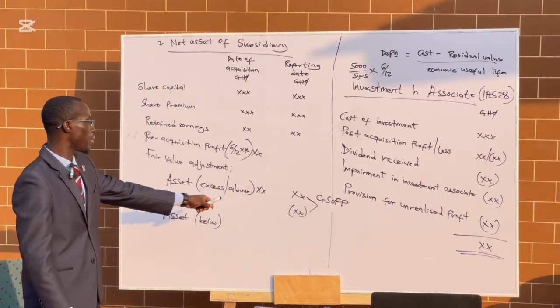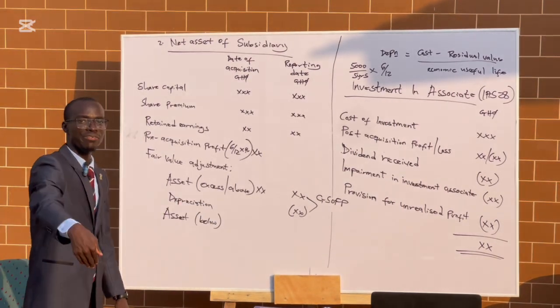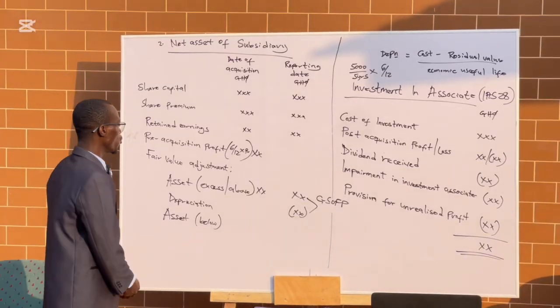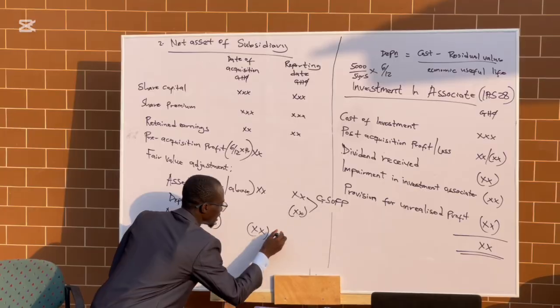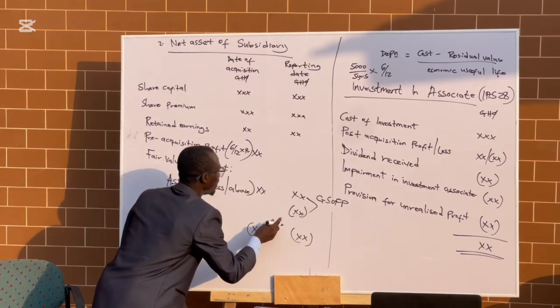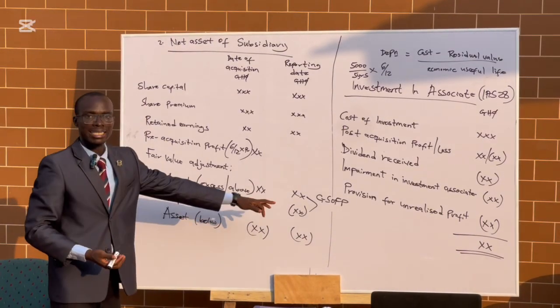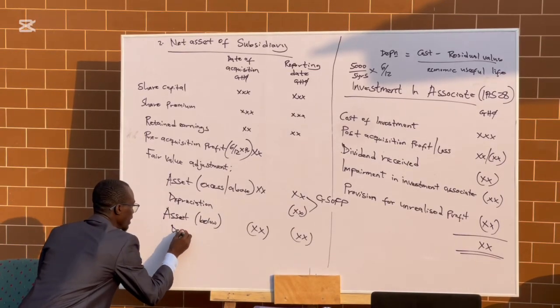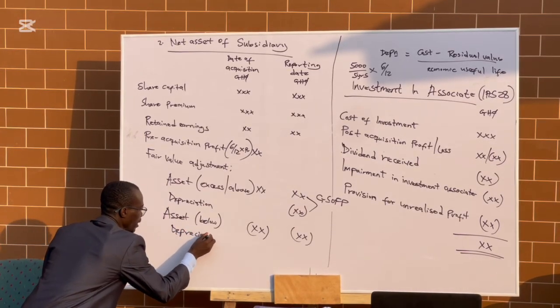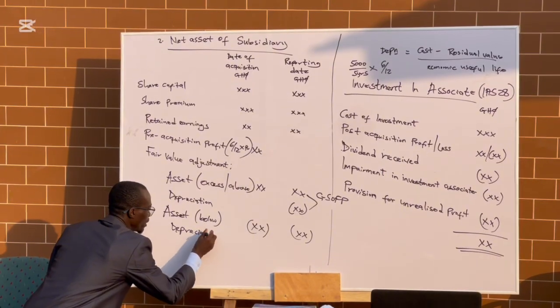So the difference, what they will give you, is the one you need to bring here, and you subtract it. So you subtract, unlike in the excess, where we came to add here. Then you bring depreciation as well. The same method by which we calculated that depreciation, it will be given to you, the remaining useful life of